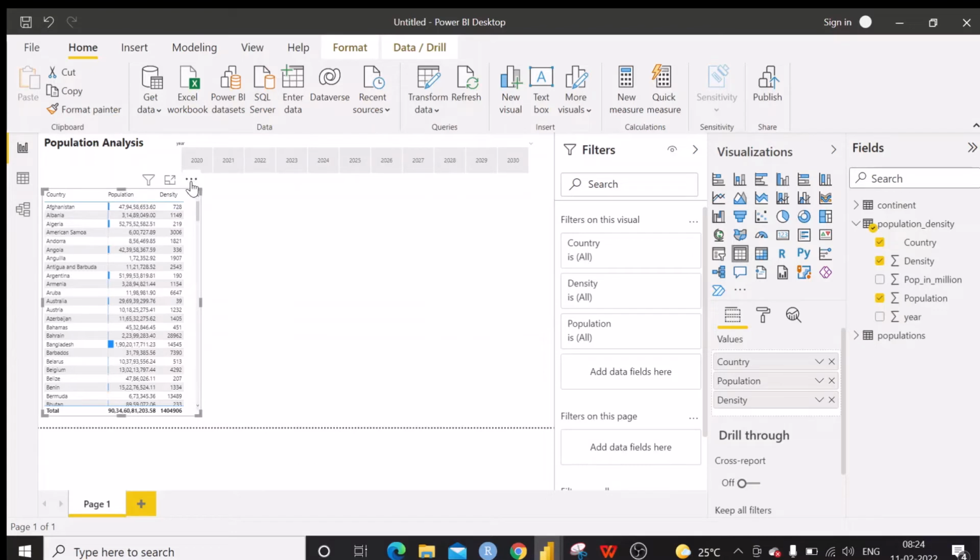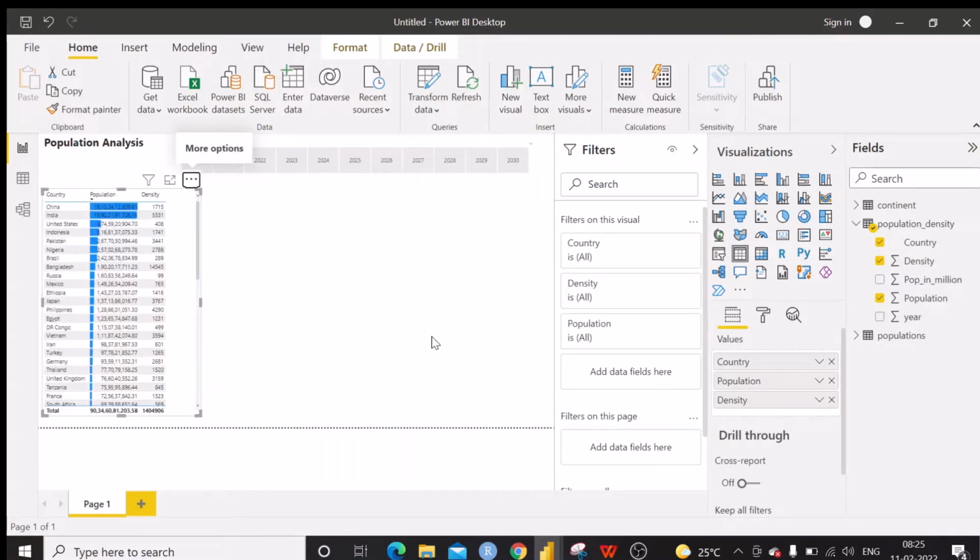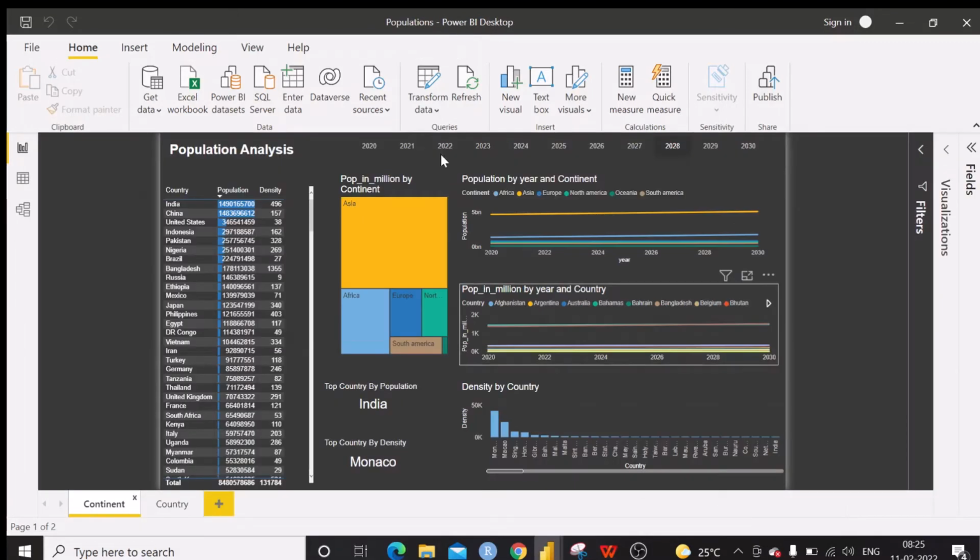Yes, it is applying this bar based on the size of the population. So next we can do, the population can be sorted out. So sort by population. Okay, it seems to be okay for me at present. So the next thing we should do is this heat map. This heat map is the rectangles. The size of the rectangles is based on the value of the measurement. Here the value of the measurement is population in million. So we are going to develop a heat map.